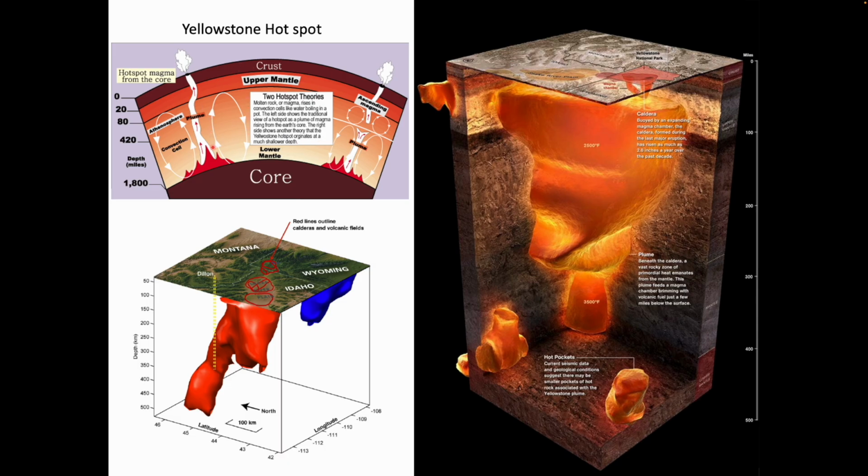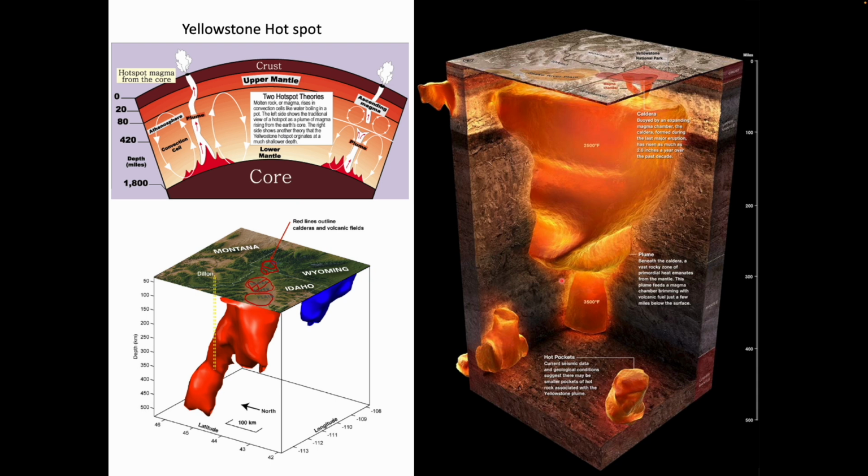One theory, my personal favorite, suggests that hotspots are coming from mantle plumes rising from the outside of the inner core, rising all the way up through the lower mantle and the upper mantle, and then eventually feeding volcanism in the crust. The other model suggests that there are distinct convection cells feeding an upper portion of a hotspot and a lower portion of a hotspot that do not mix. But the end result is the same, where we have hotspot volcanism feeding melting in the upper mantle and the lower lithosphere and the lower crust, feeding volcanoes on the surface and creating these large, complex systems